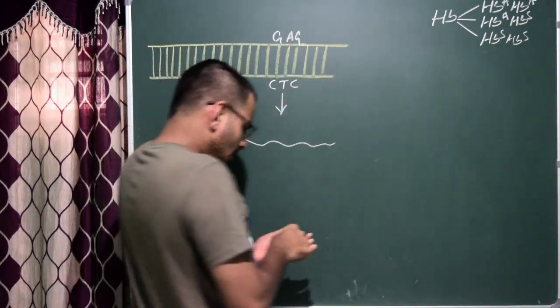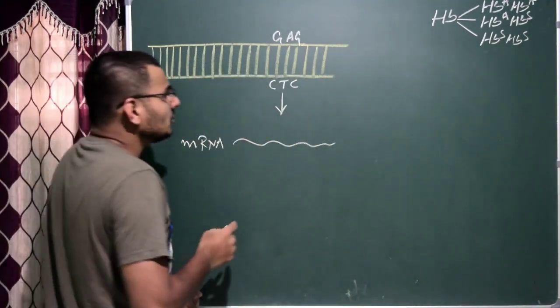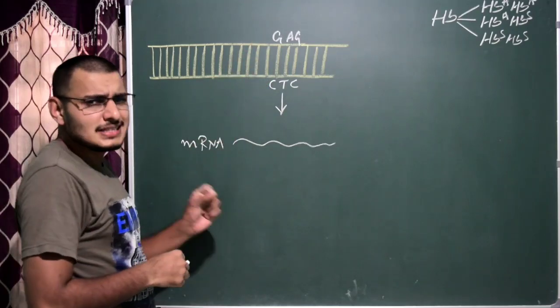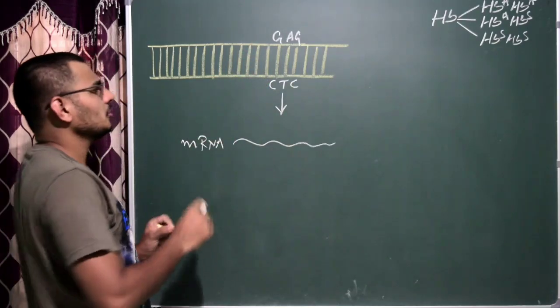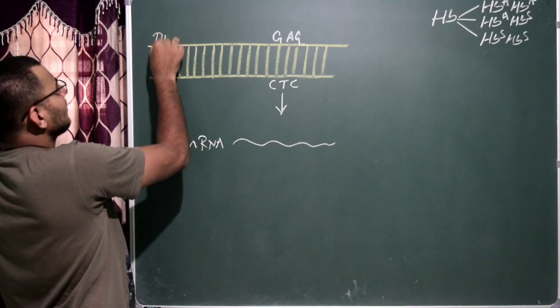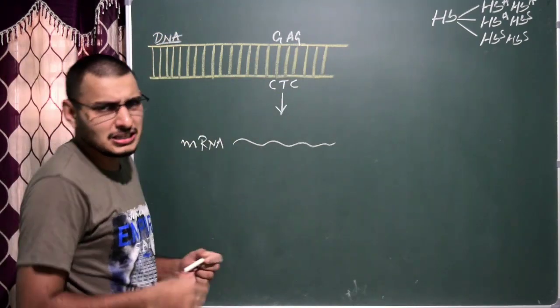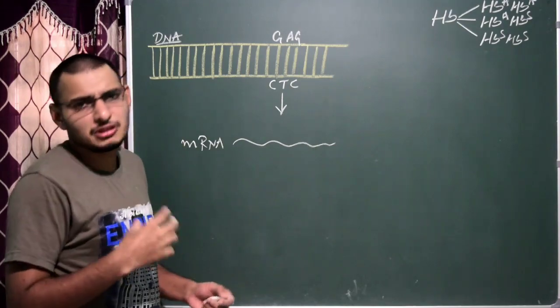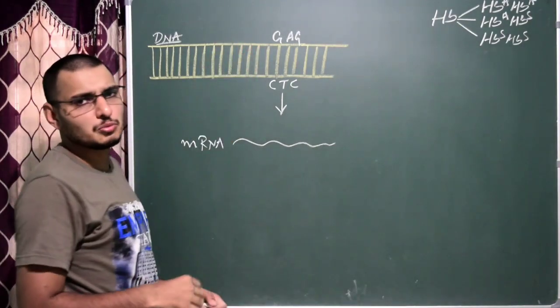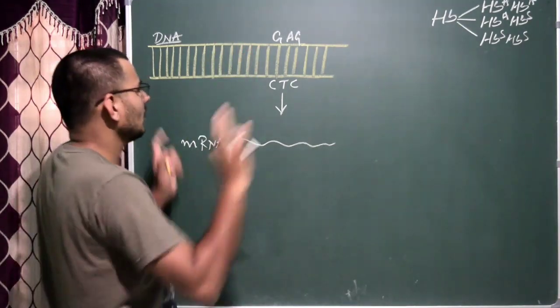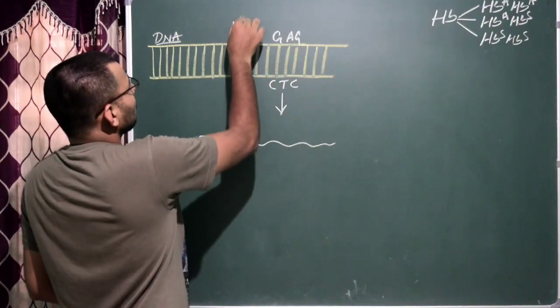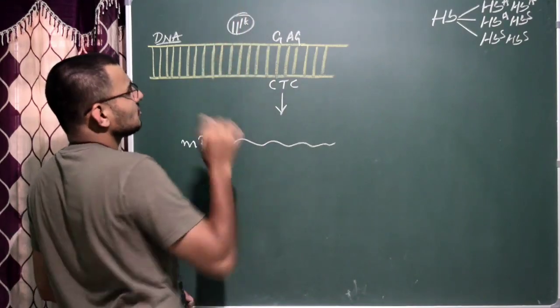Now, the thing I want to tell you is, as I said earlier, sickle cell anemia is mainly because of a point mutation. So this is the normal DNA. This particular DNA, or you can take it as the gene, is present within the 11th chromosome, and the function of this gene is to produce the beta globin chain. Okay, so I'll write 11th chromosome, this gene.